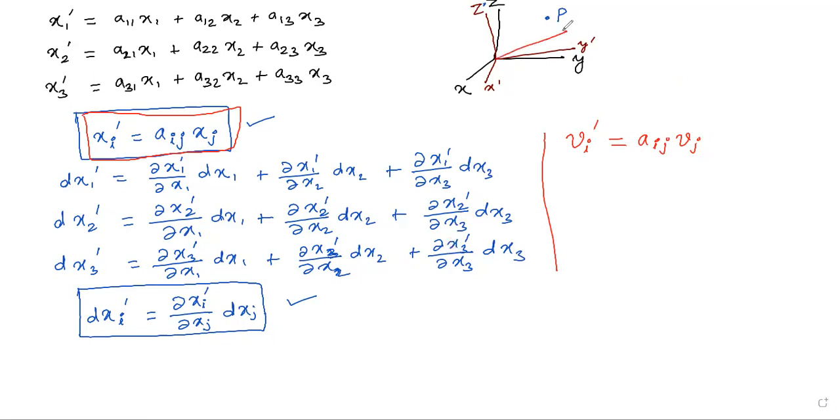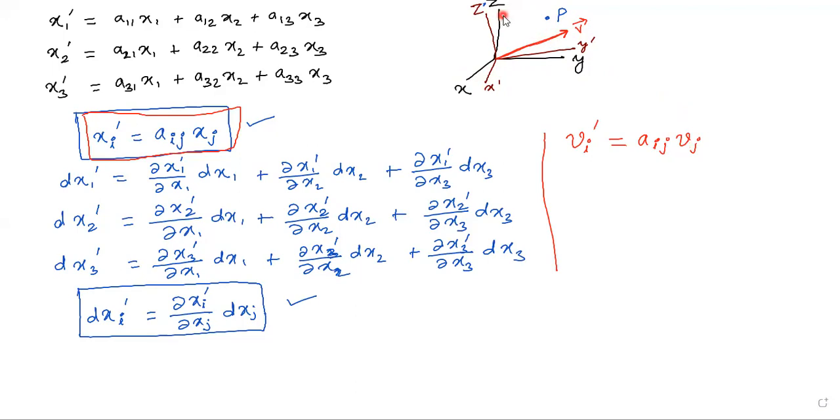Suppose this is some vector V. Vj is the component of this vector V in the unprimed coordinate system, that is x, y, z. So V1 is the component of the vector V along the x-axis, V2 is the component along the y-axis, and V3 is the component along